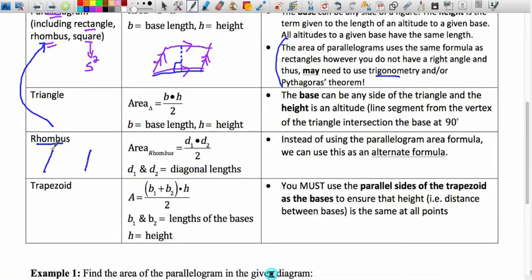I'll try and draw a slightly better rhombus in this case. In the case of a rhombus, all four sides are congruent, and we have diagonals, which, so that's very badly drawn, but let's pretend that those diagonals intersect each other at 90 degrees. And what you can see is that we have four right triangles. And so if you focused on just one of the right triangles and were to find its area, you can see that it would be